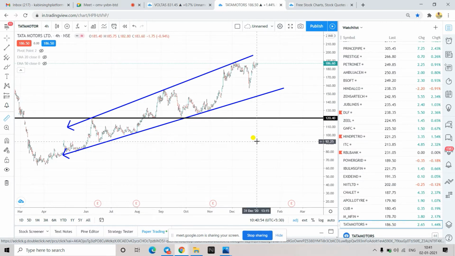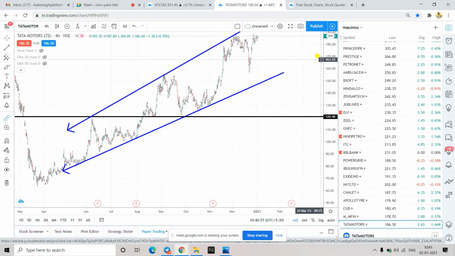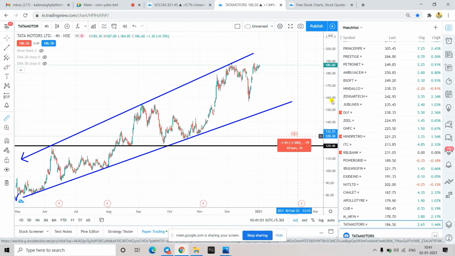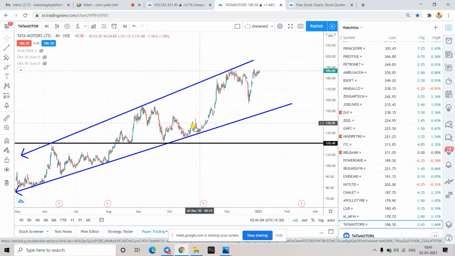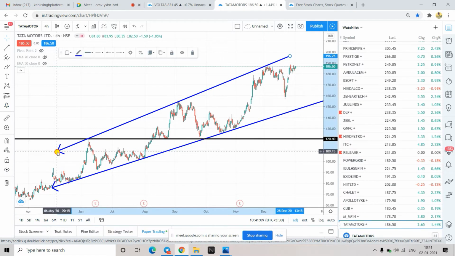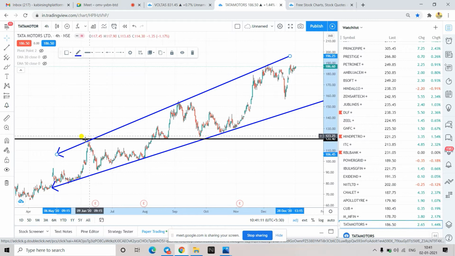So these supports and resistances will be used for booking the targets. Understood? What I have just done is I have also drawn an upward trend line, because I was seeing price was respecting the highest point. So I have connected this point, I have connected this point, and then this is automatically on the trend line. So this is my trading opportunity over here.